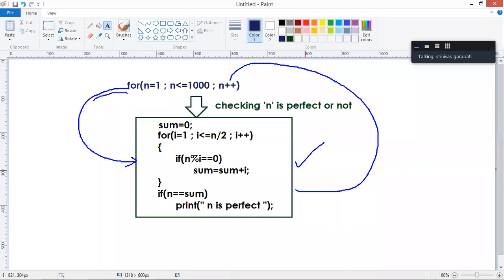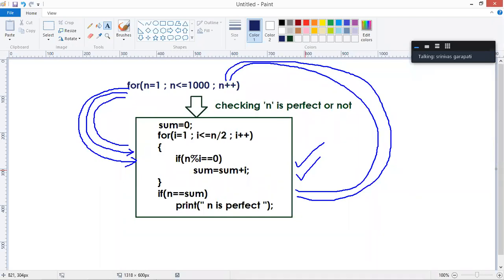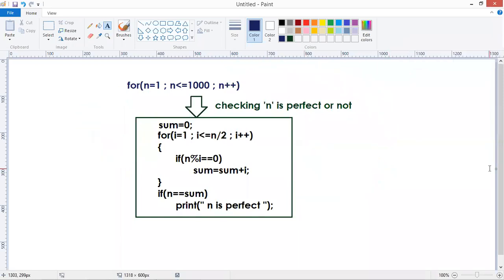It will come inside and check whether 2 is perfect or not. Next, n value becomes 3, and it checks whether 3 is perfect or not. The code is already given. Please write the complete code. Make it fast.